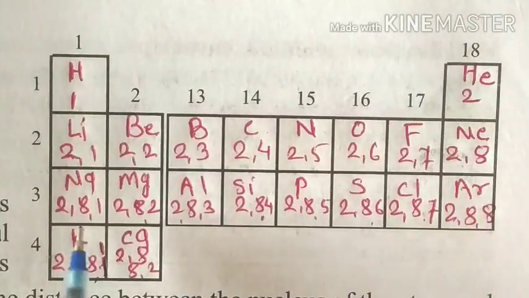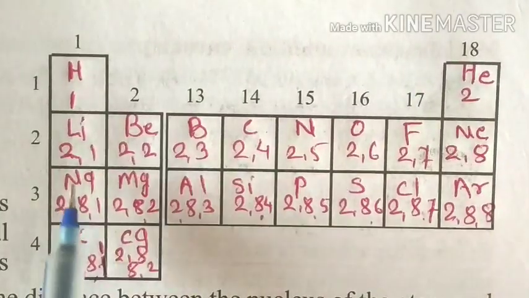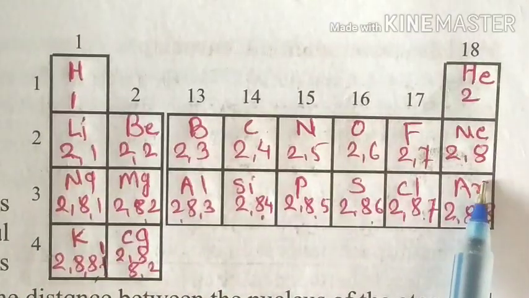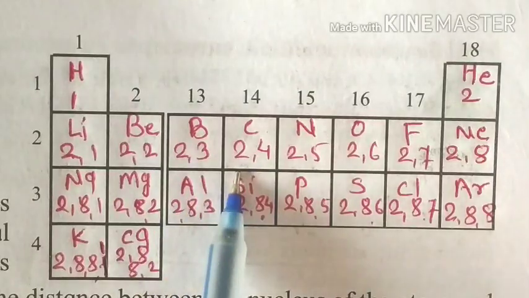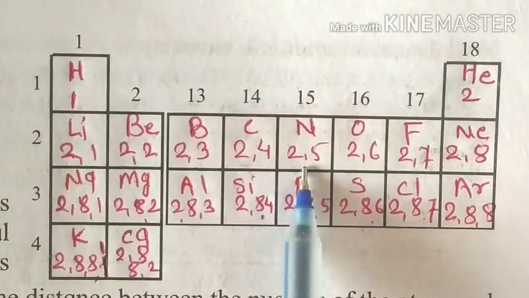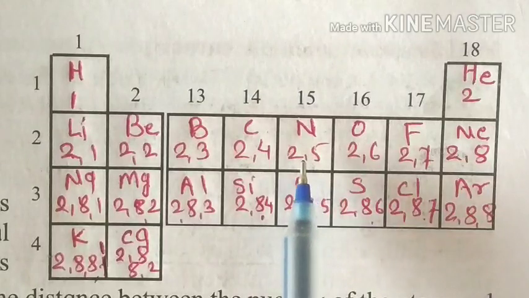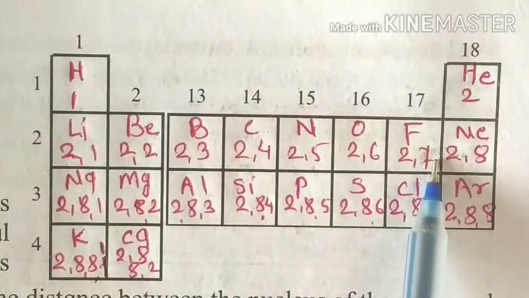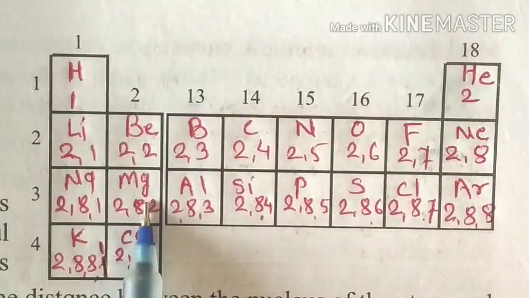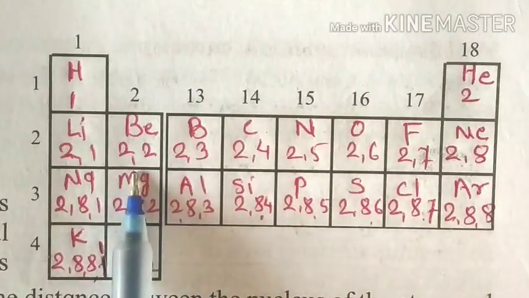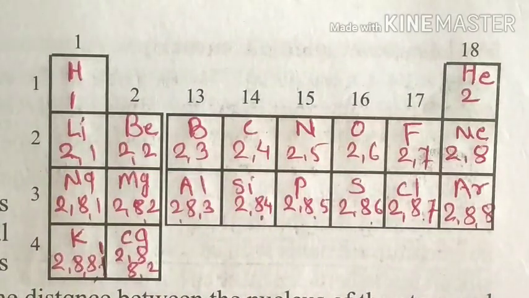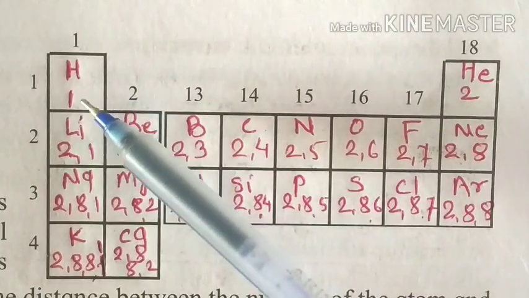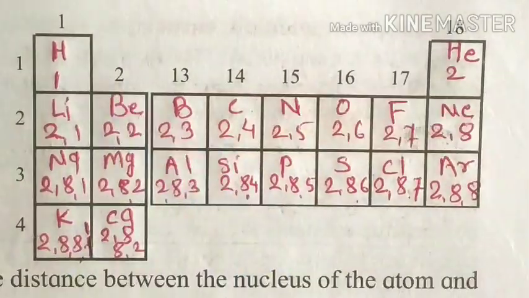Likewise sodium. While moving from left to right along a period, the valency increases by 1 up to carbon and it decreases again by 1 from nitrogen to fluorine. This is the periodic trend that we observe in the modern periodic table about the valencies while moving from left to right. Then see how this valency differs in a group.